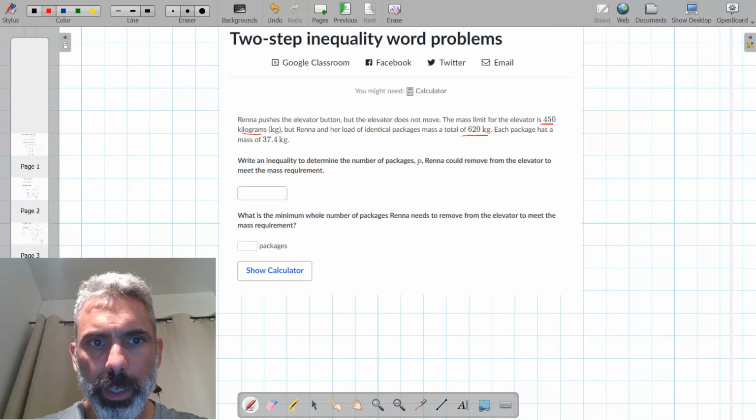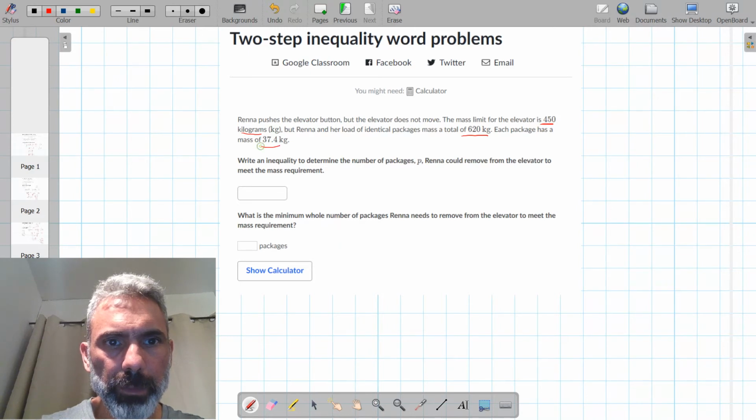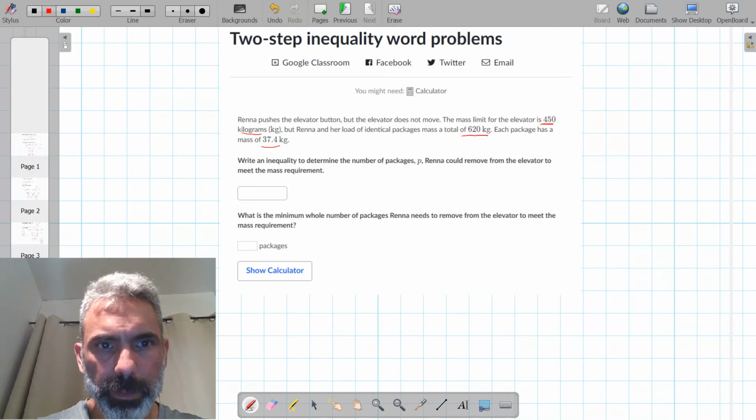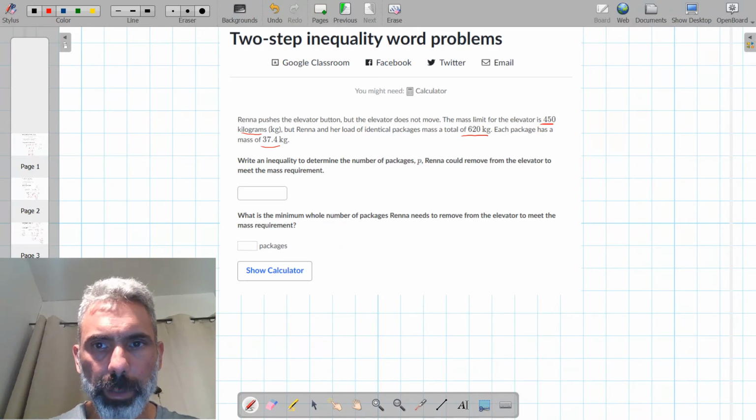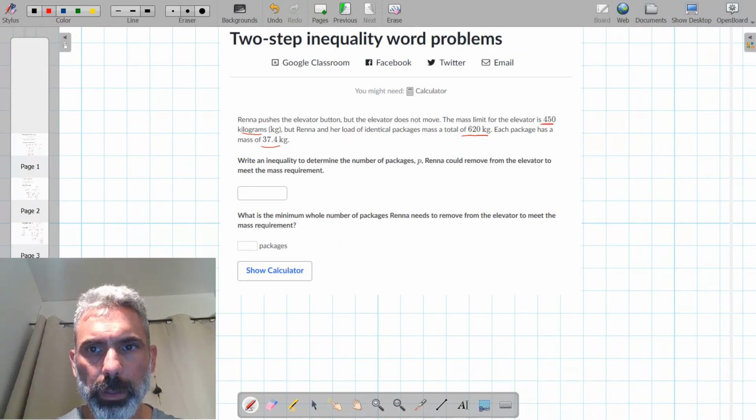Each package has a mass of 37.4 kilograms. Write an inequality to determine the number of packages P Rina could remove from the elevator to meet the mass requirement. Okay, so she begins with